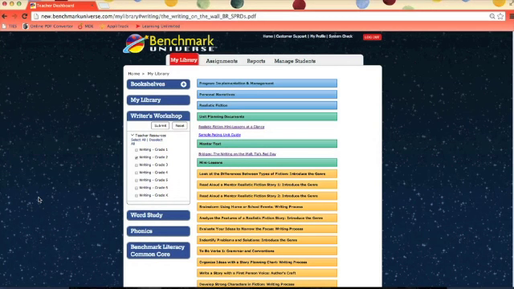Also on this page right here, you can see there are some other sets of information available: Word Study, Phonics, Benchmark Literacy Common Core, and up here at the top, Bookshelves in My Library. These are additional resources that we negotiated access to. They are regular access for any teacher who is using the full Benchmark Literacy program. So our pilot sites had access to all of these, and we negotiated access to all of this for everyone